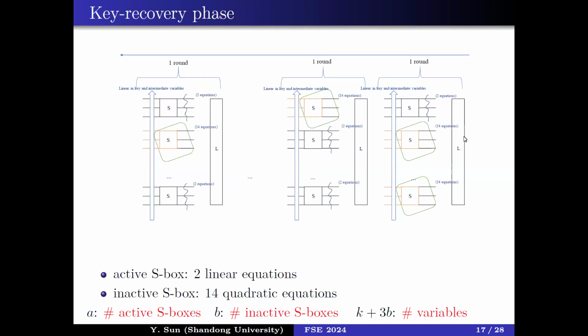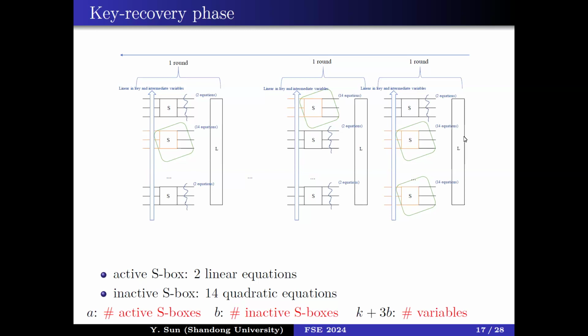In the key recovery phase, we retrieve the full key from the compact differential trios. Starting from a ciphertext, we check the S-boxes in the backward direction, round by round and one by one. For each inactive S-box, we introduce intermediate variables to represent its input. If we denote the number of active S-boxes and the number of inactive S-boxes by A and B respectively, we